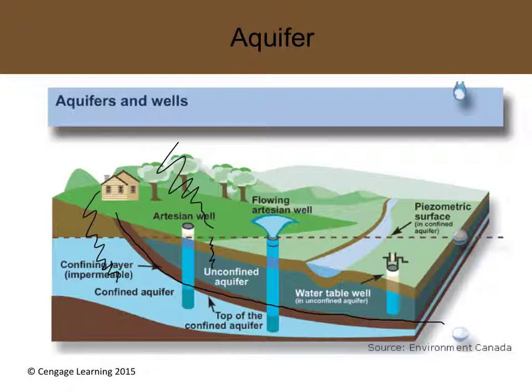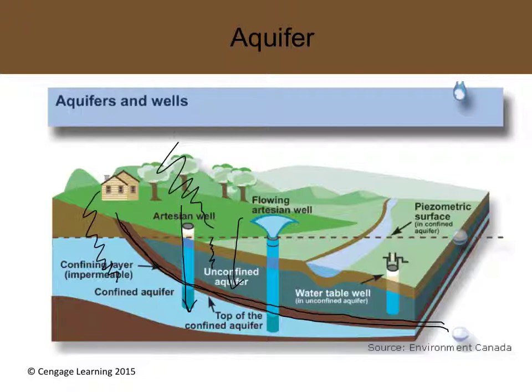So what happens is the clay right here does not allow the water from above to permeate down. That's a good thing overall, because if we have contaminants in that unconfined aquifer, they won't reach the confined aquifer portion, and that's where a lot of our water actually comes from. So if you live in a city that has well water, they have probably drilled down 300-400 feet, and they're tapping into that confined aquifer.